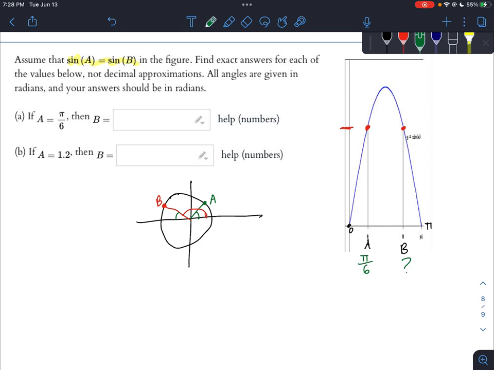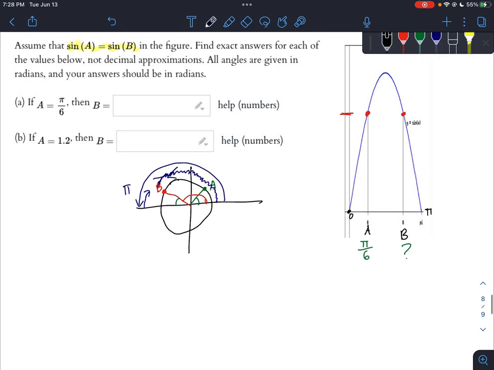You don't know what the value of the angle there is, but you could figure it out by taking pi, which would go, right, so pi radians would go all the way around, and you could backtrack to B, and that difference is the angle that we want, right? So that difference is all the way down to B, like that. So this is a terrible picture to explain this, but the idea here is that